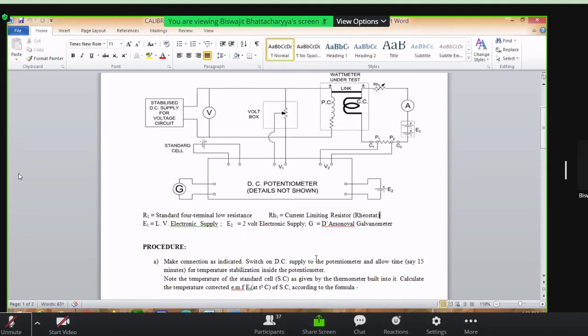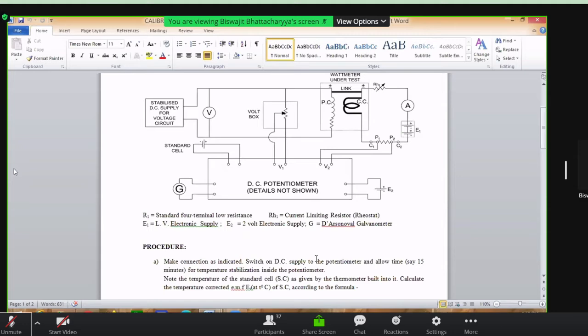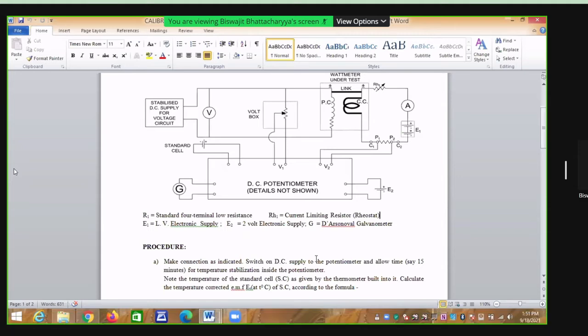But now one more thing I should say in this correction: we don't know whether we standardize or measure V1 or V2. Initially, we don't know whether the galvanometer will be at null or not during the standardization and measurement. So if the applied voltage is heavily different from the internal potentiometer voltage, then the galvanometer will deflect heavily. A high current may flow through the galvanometer. The galvanometer may be damaged because initially it is not at null and we don't know what the null point is.